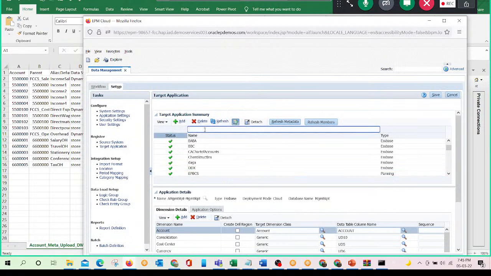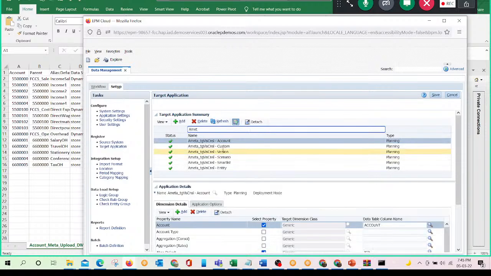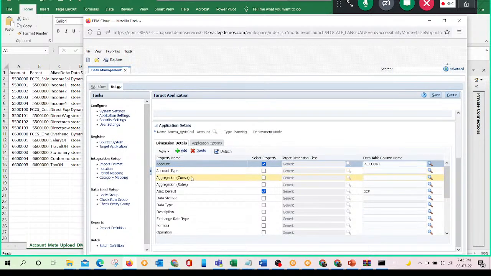So you will see it is in capital. So this is the target application which we have created. It's appearing here: a meta target account custom version scenario smart list and entity. All the dimensions were appearing here. As we are going to load the data into account, we will choose this account, and here the properties,